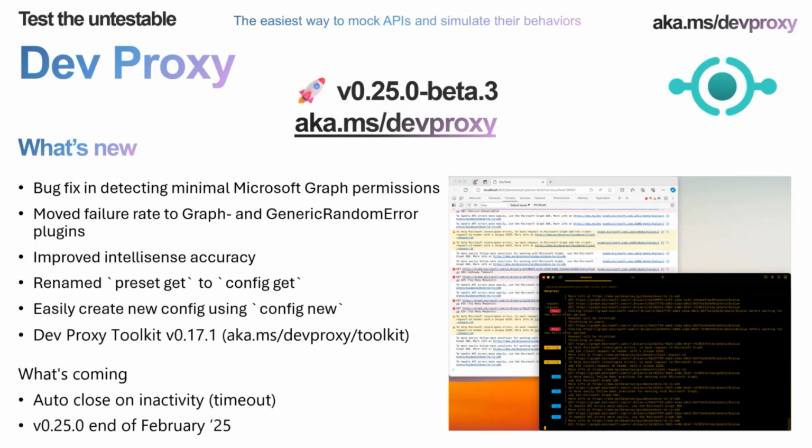Anyways, right? So Dev Proxy is the easiest way to emulate an API. Whether you need to mock an API because you're building a front end or the back end and the API isn't there, you're waiting to get API access, or you need mocks for a demo, Dev Proxy is the tool you should definitely use. It's really the easiest way out there to emulate API responses and behaviors.